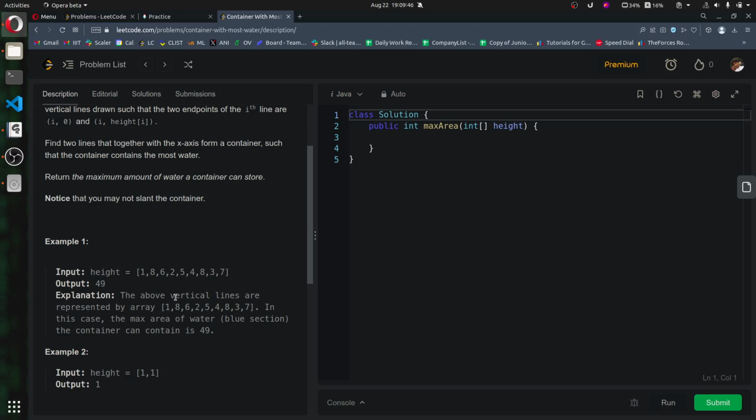So for any particular line, which line will we be interested in making this with? If we are making it with any greater one, then that particular thing will be considered, and if we are taking any smaller one, then